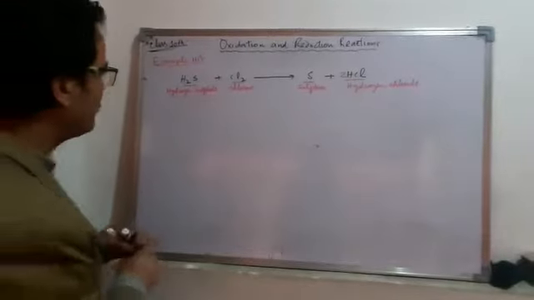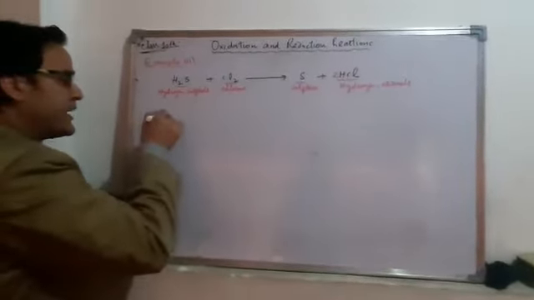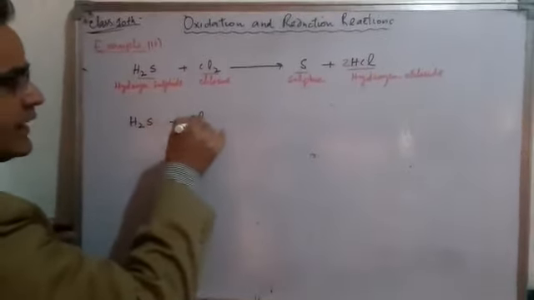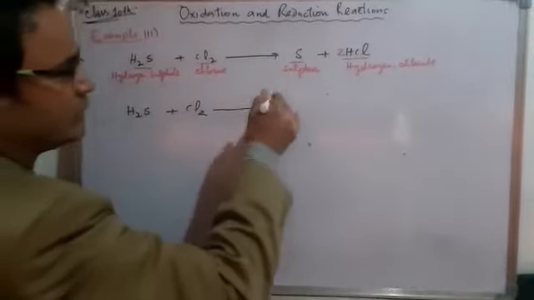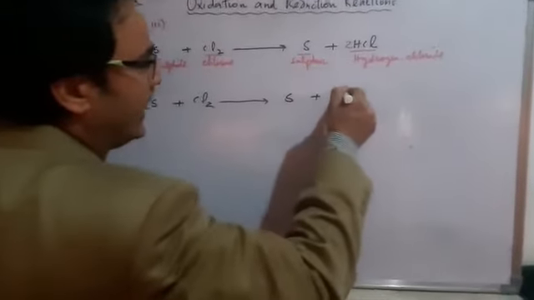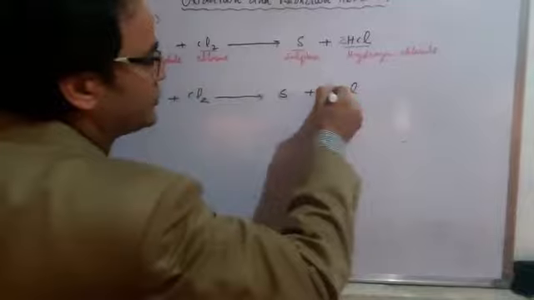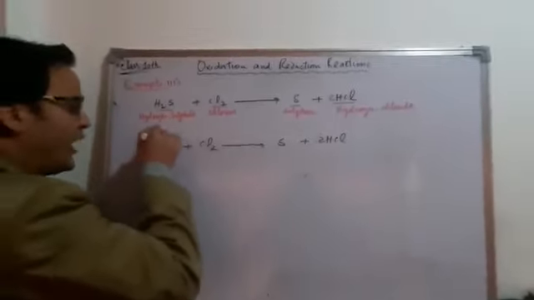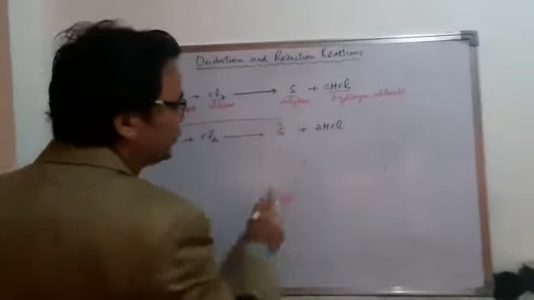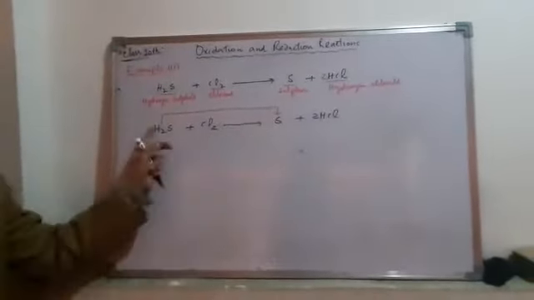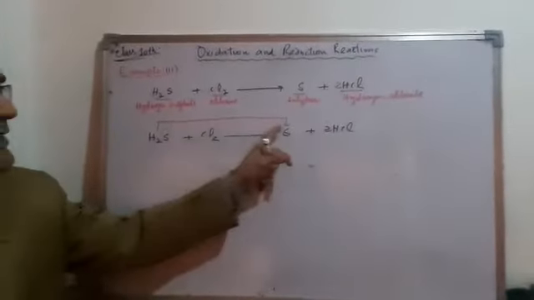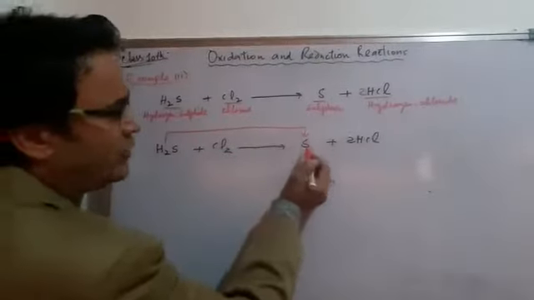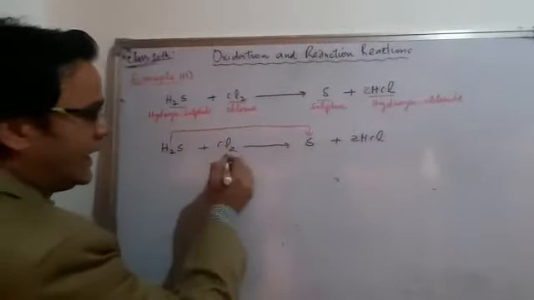Now let me come to my 2 point. Let me write it here again. This is H2S. Hydrogen sulfide reacts with chlorine to form sulfur and HCl, that is hydrogen chloride. Now this hydrogen sulfide is changing into sulfur. That means hydrogen sulfide is being oxidized to sulfur. So here hydrogen sulfide and this chlorine